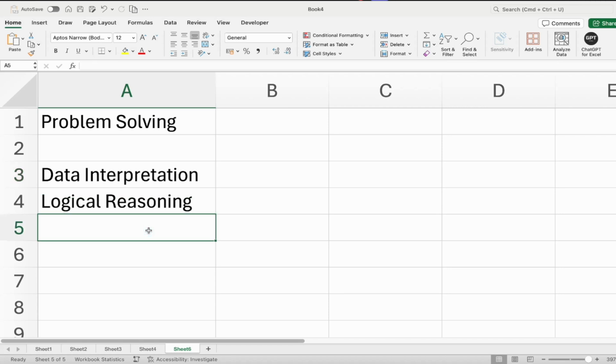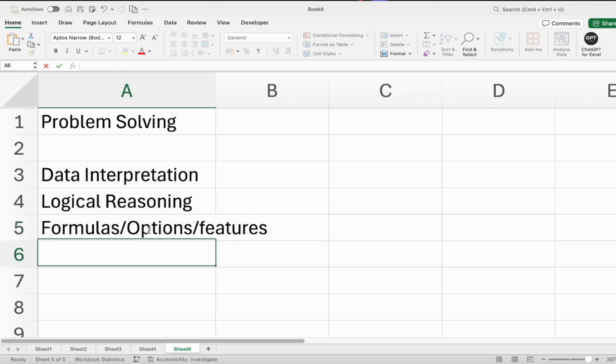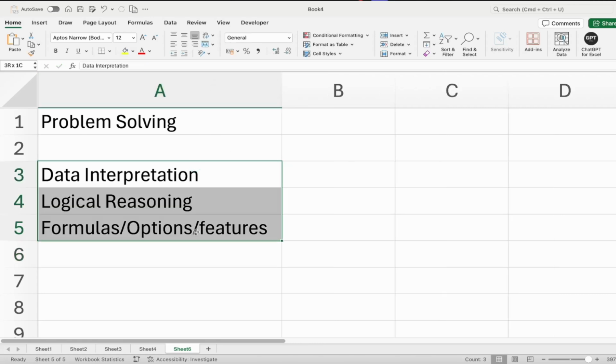And then to actually solve it, I have used formulas in Excel, or options or features of the tool. Okay. So these three major headings basically help me to understand the problem and solve it without any issues. Right? And that's what we are going to learn in the entire